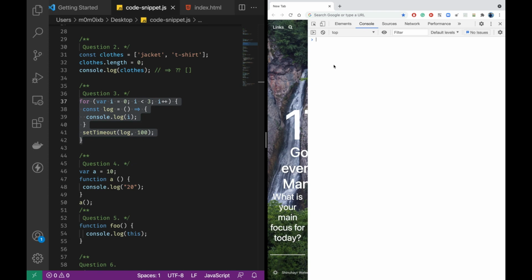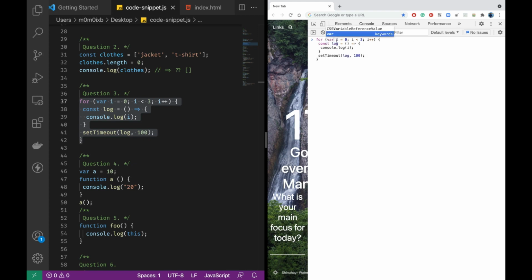But just think that if let was not there, then how could we have solved this? Using let is fine, and that's very good that we can create new variables, a new scope within for. But if that's not the case, then what can we do? Then we have to use functions, right? That's the only way to go.